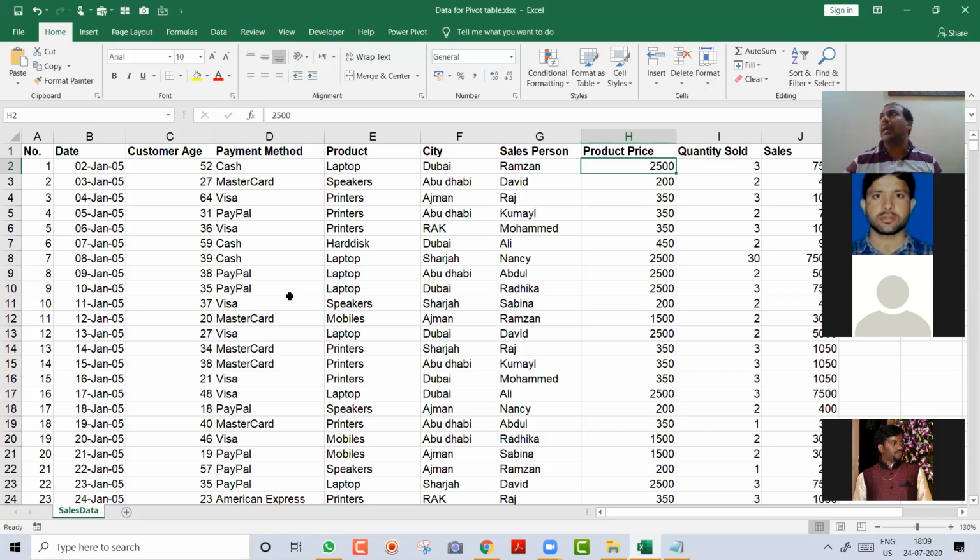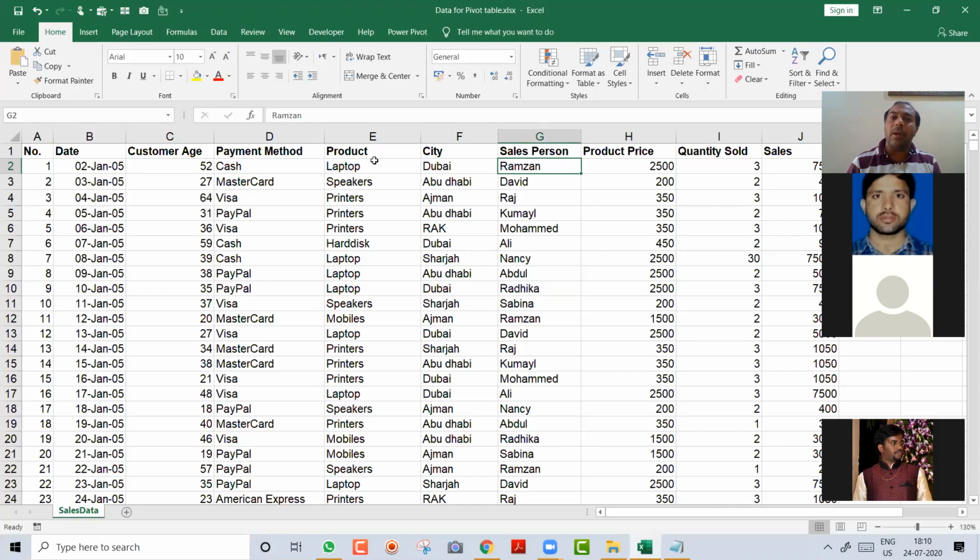Now from this data, you can create a report like each city, how much is the sales, so that you will come to know which city is performing good and which city is not performing well, so that you can pay attention to that city. You can do reports on salesperson, how much sales each person is doing, so that you can focus, oh, this salesperson is doing less sales, this one is doing more sales.